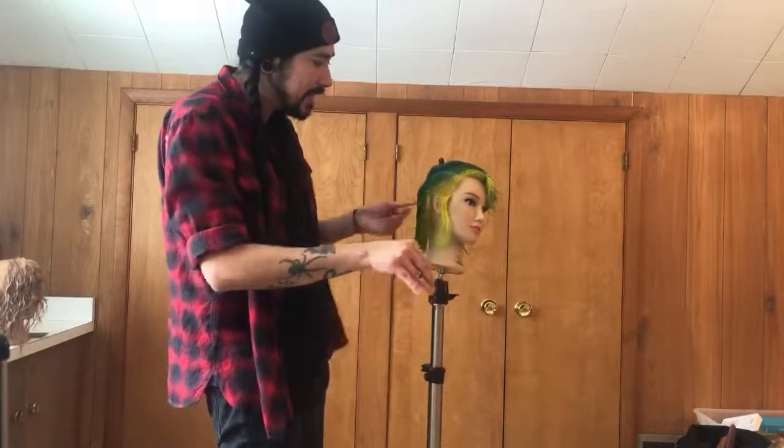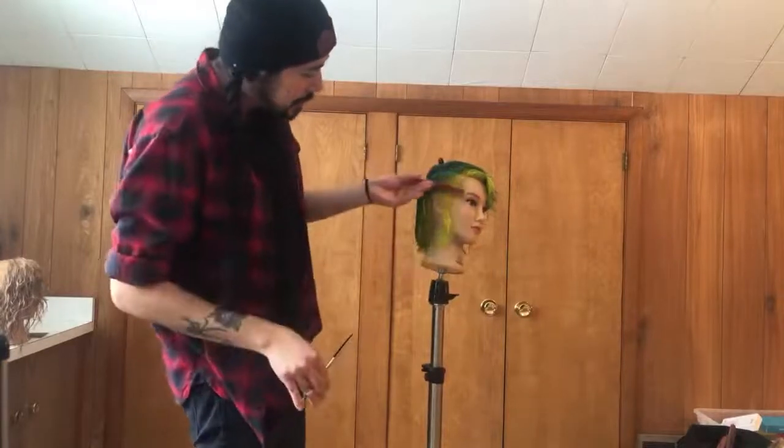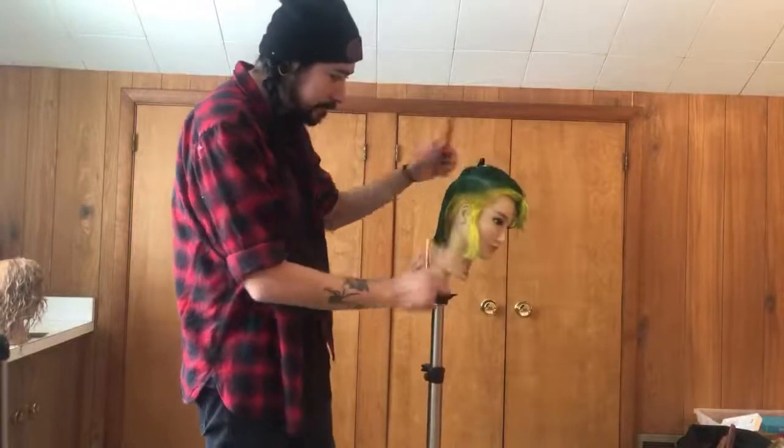And I find that pointing into it gives me a little bit of a softer finish compared to coming in blunt, or coming in here with a clipper or something like that. So moving into the back,